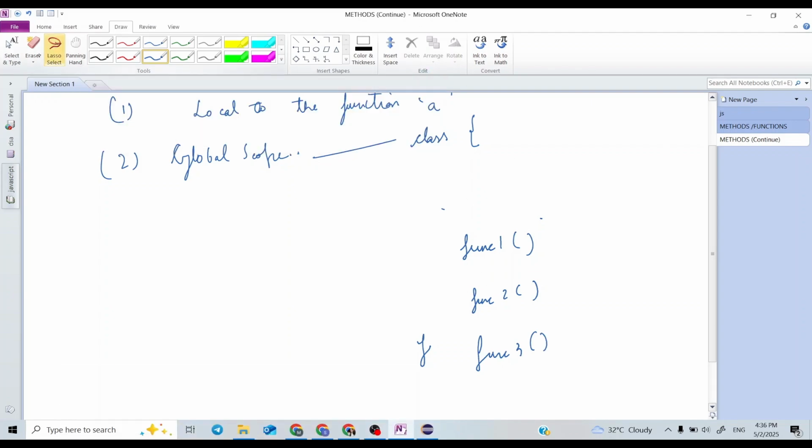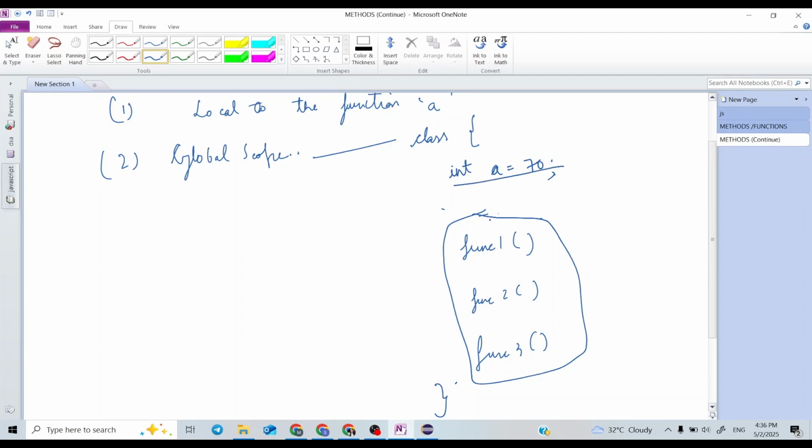These three functions are inside the class only. So if I declare a variable inside the class, suppose int a equals 70, this variable is a global variable. Why so? For these functions this variable is a global variable, because it is declared globally.